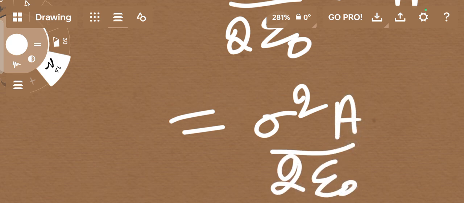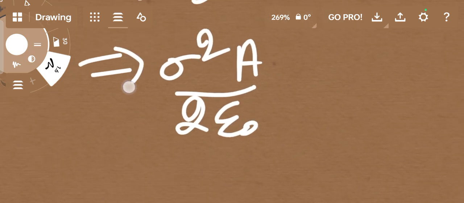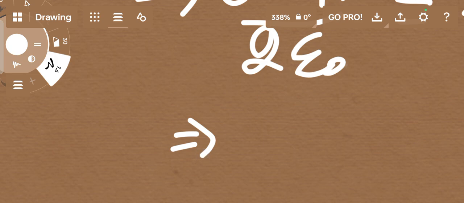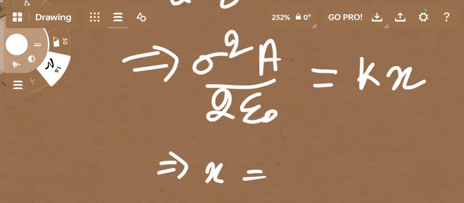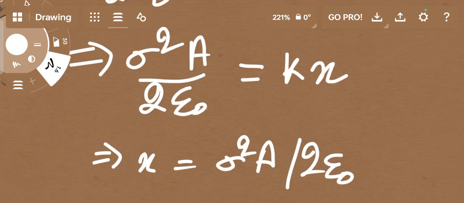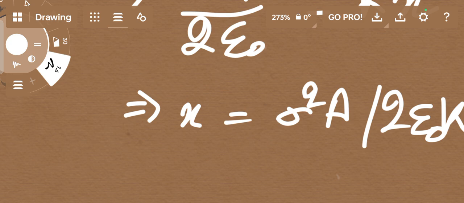Now you equate this equation with the Hooke's law equation. So you can write from here sigma equal to K into X, right? Now find X because we need a differential gap. So X is sigma square A by 2 epsilon naught K. A is constant, epsilon is constant, K is also constant, right? The dielectric nature of the particle. So now what we can do,